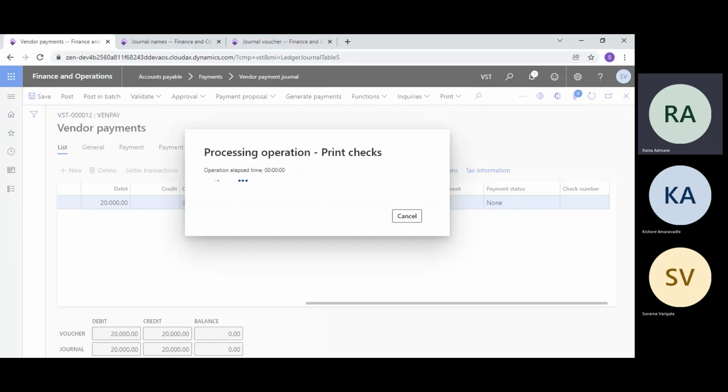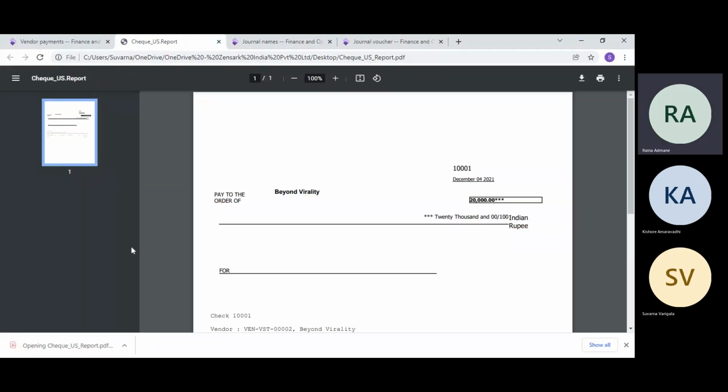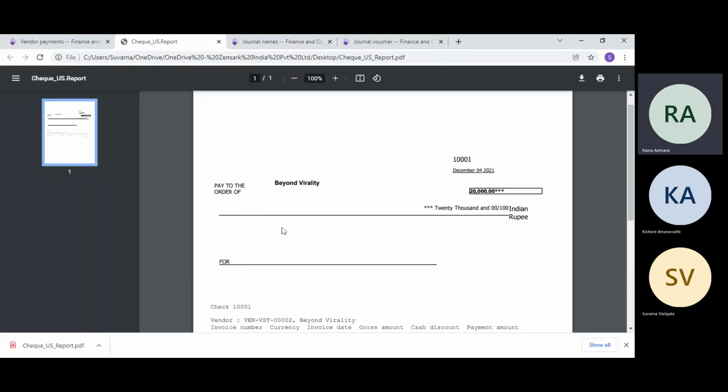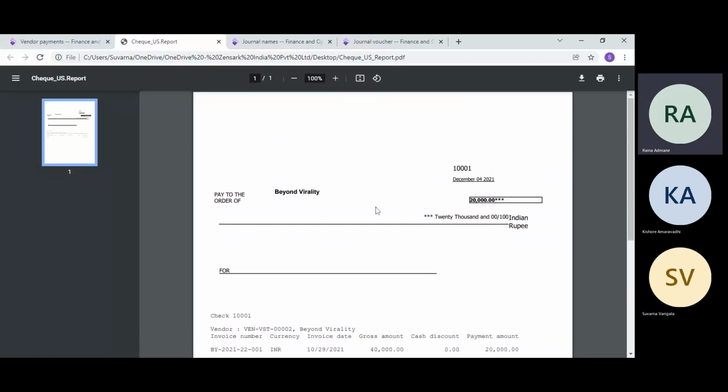So this process is actually printing your check on the printer. Right now we are displaying on screen. If you see here now, there is no error, and the check number field is filled with the number, and that voucher is also now blocked, and it's showing on the screen the check number, the amount, and it should also display the vendor name.